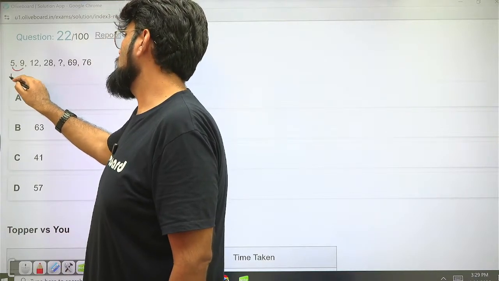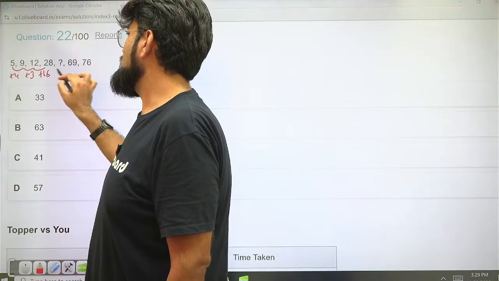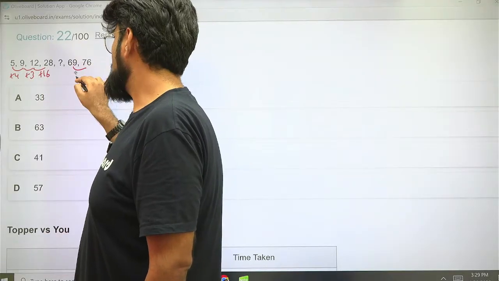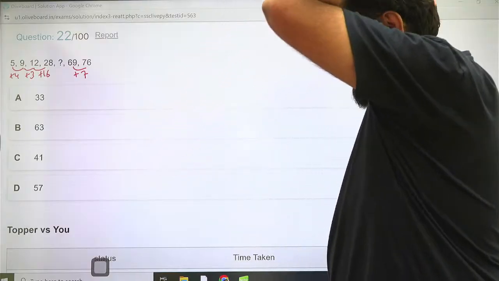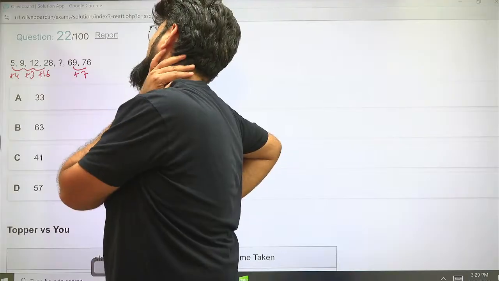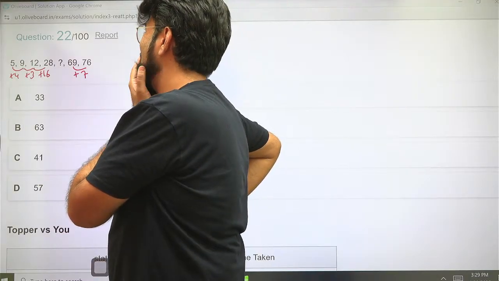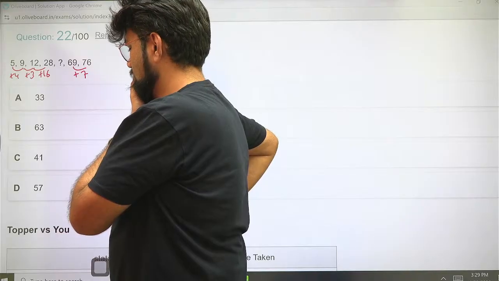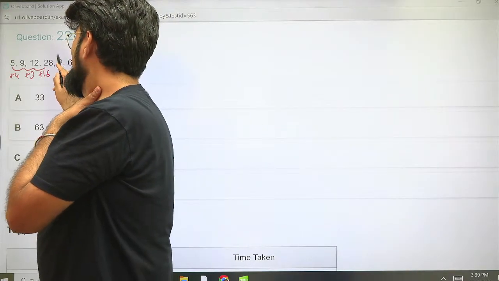5 plus 4, 9, plus 3, 12, plus 16, 28, plus 7. That's very strange. 4 into 3, 4 into 4 and 3 plus 4. Now, options have 30, 60, 40, 50. If I place 33 here,